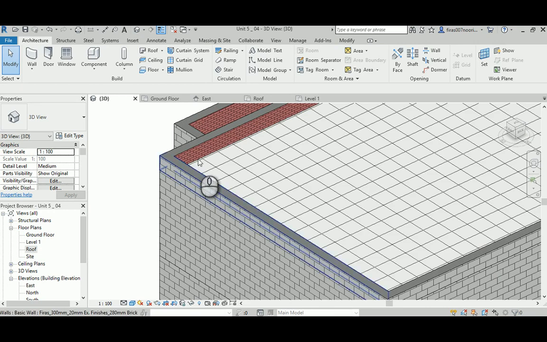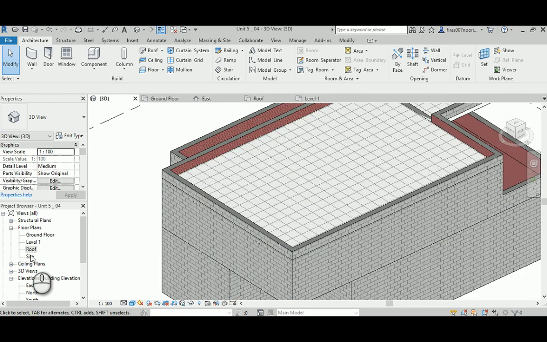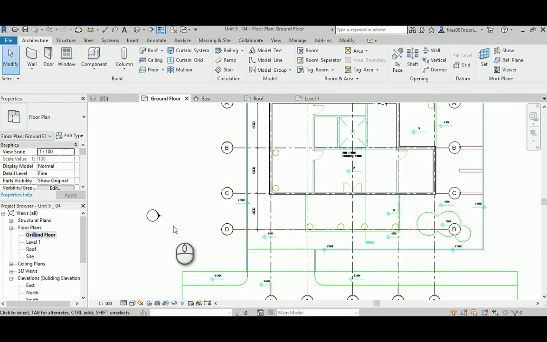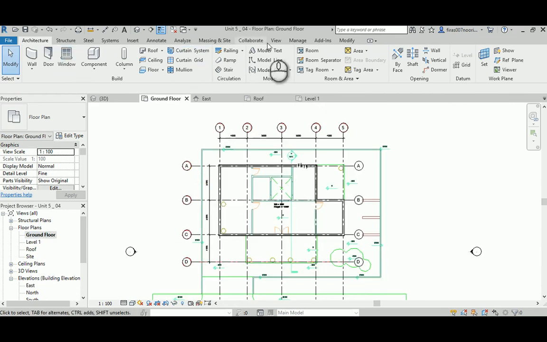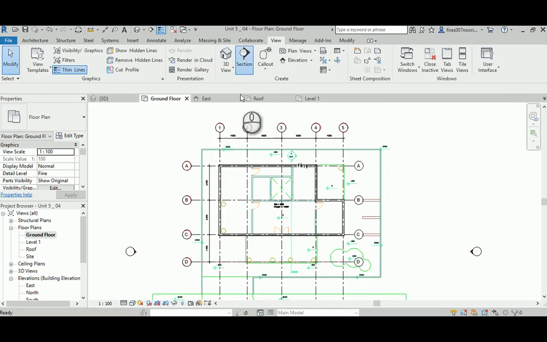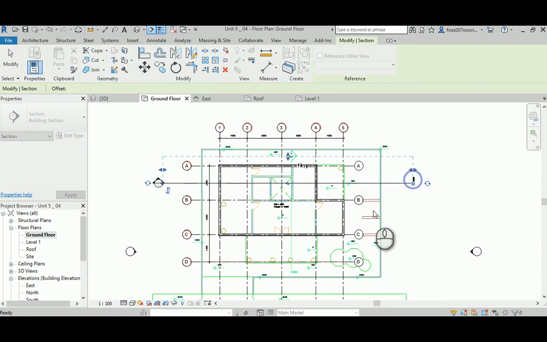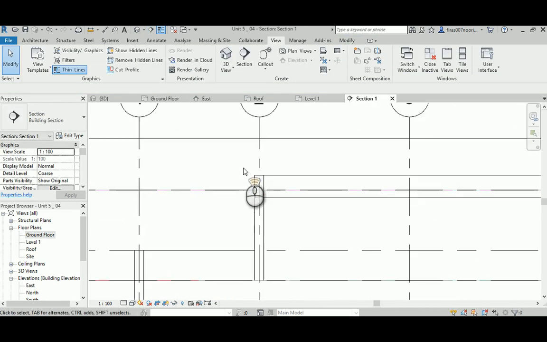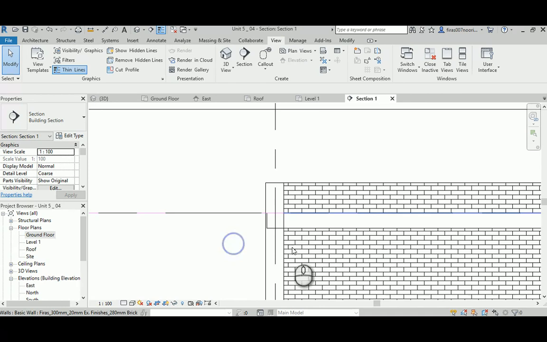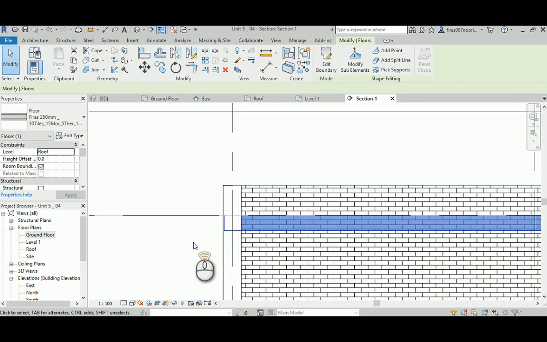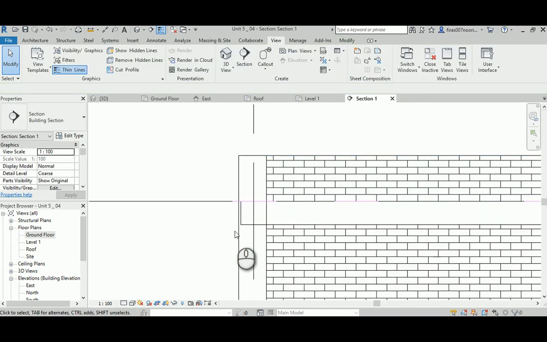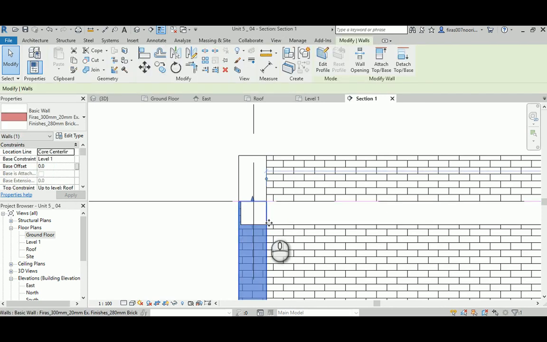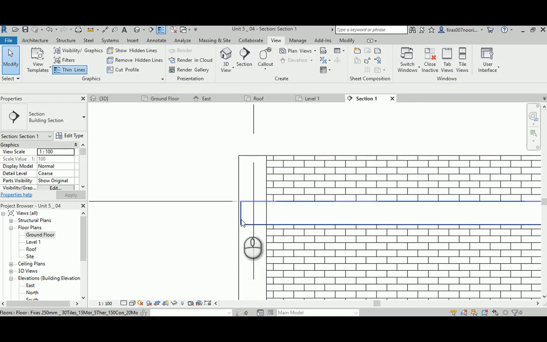First, it looked perfectly right, until you go to the ground floor or whatever, and then go to view, and then you go to section and you cut that out like that. Now cut it, have a look, and here we go. That's the problem. See this? That's our slab. That's the wall. I know it looks beautiful from outside, but look, the wall and the slab are actually occupying the same place,